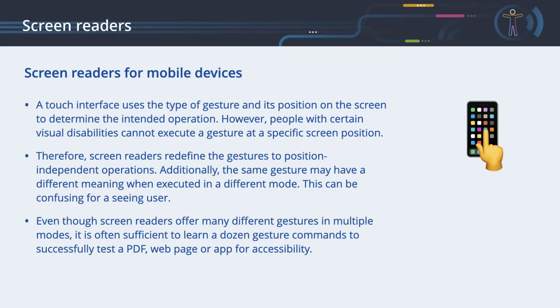Additionally, the same gesture may have a different meaning when executed in a different mode. This can be confusing for a seeing user. Even though screen readers offer many different gestures in multiple modes, it is often sufficient to learn a dozen gesture commands to successfully test a PDF, web page, or app for accessibility.